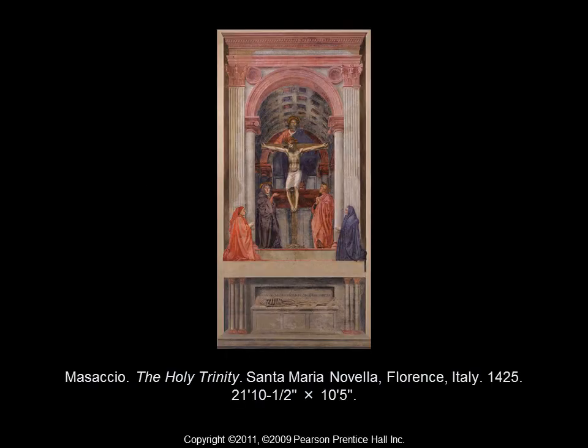We will now begin with the Renaissance in Italy. Hopefully some of you recognize this painting. We viewed it back in Lesson 2 dealing with space and linear perspective. This is the first painting based off of the linear perspective system. It's by Masaccio, titled The Holy Trinity. It's located at the Santa Maria Novella Church in Florence, Italy, from 1425.